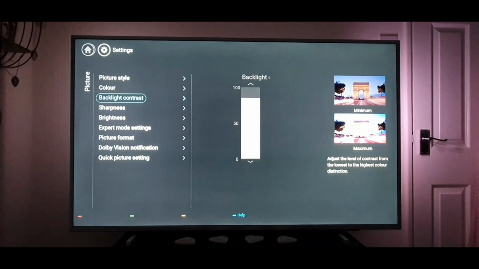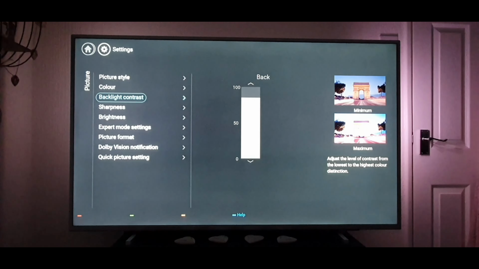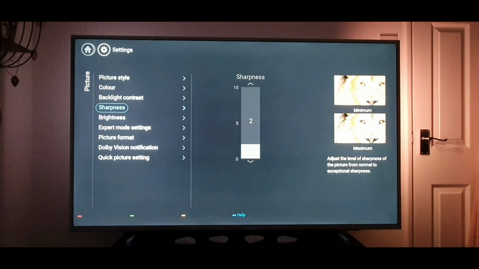Backlight, again standard 85, that's perfectly fine. Any more than that and you can see on the right, it looks a bit too bright and like a sheen over it. It's not great. Sharpness is one where some people prefer a little bit higher. I'll drop it down to 2, just because it stops any artifacts in the screen,